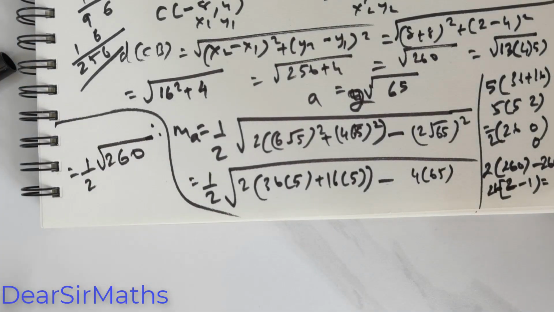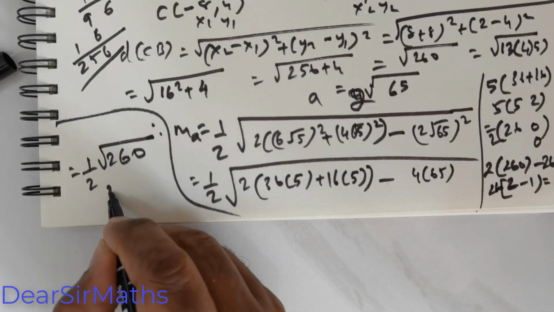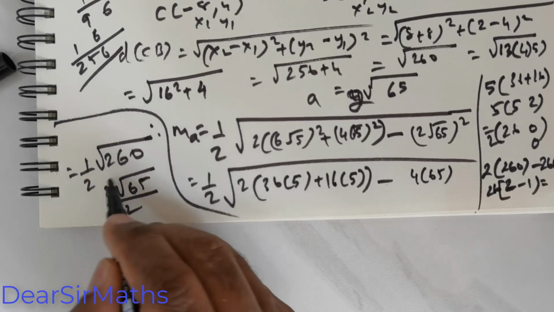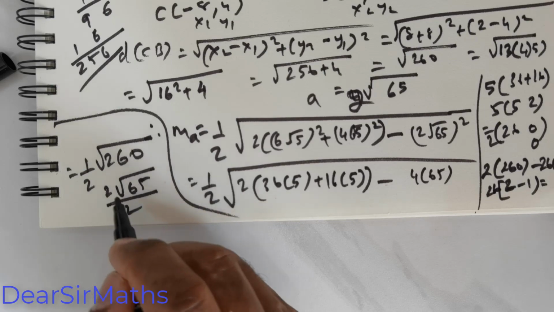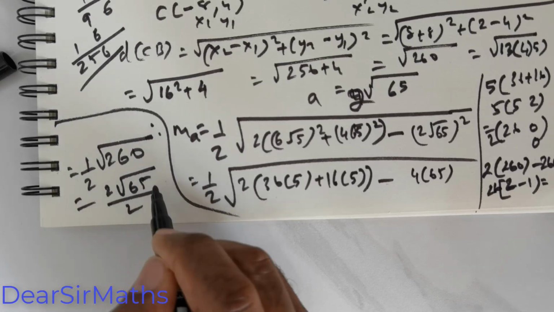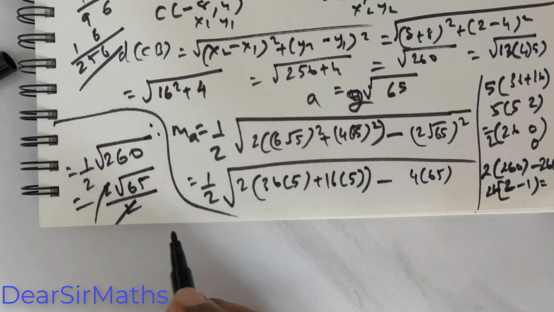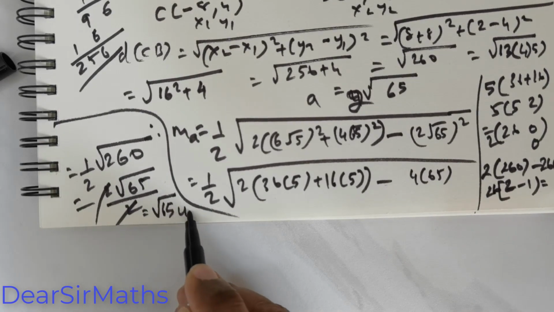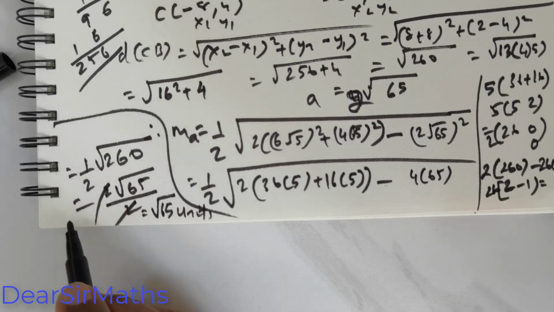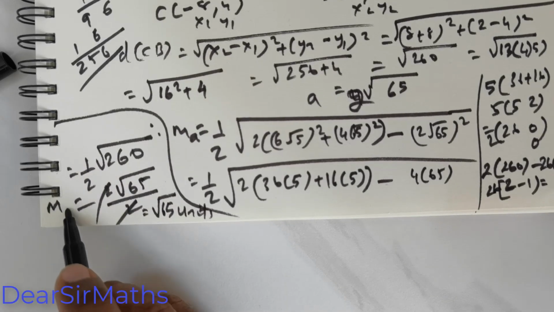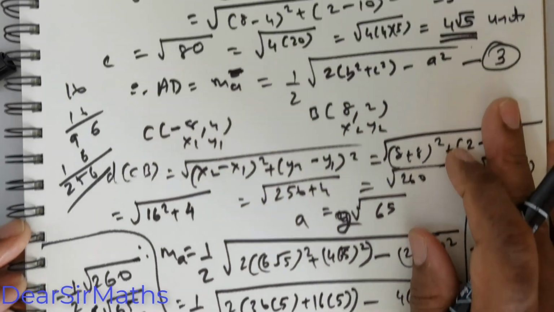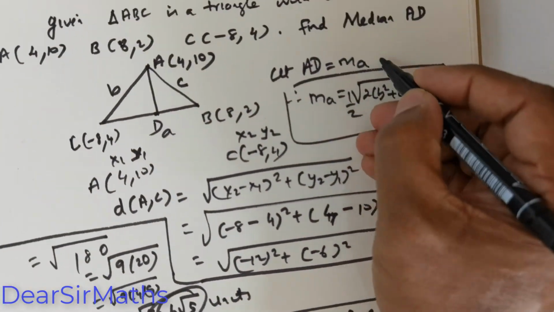So what is my 260? 260 is going to be 2 times root of 65 divided by 2. So that is the value for 260 which we have found. So I'm just placing the value, 2 times root of 65. So 2 gets cancelled. So the length of the median is root of 65 units. That is the length of the median. So this is nothing but m suffix a, root of 65. So that is exactly what we need to write here. So this is going to be